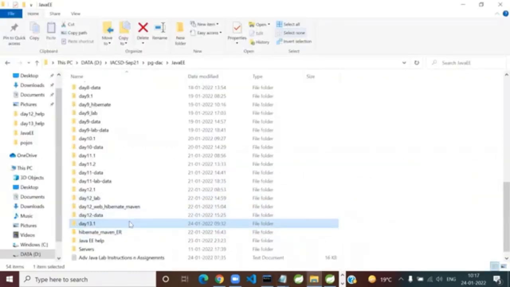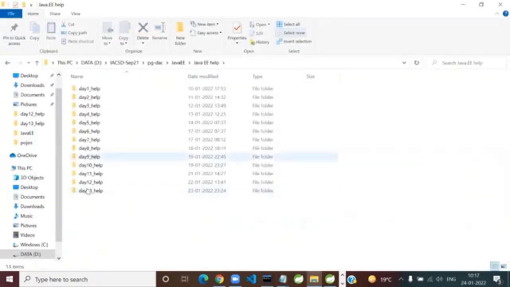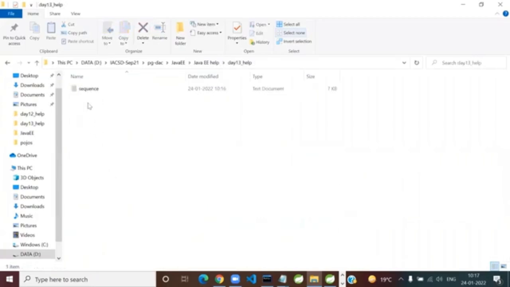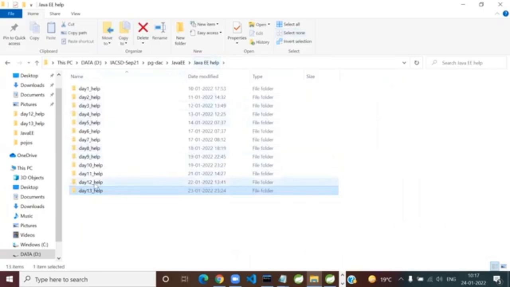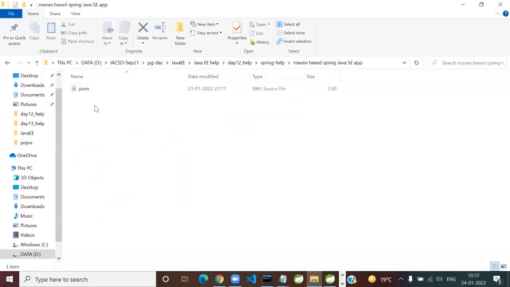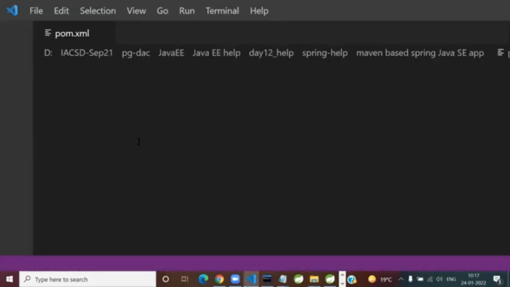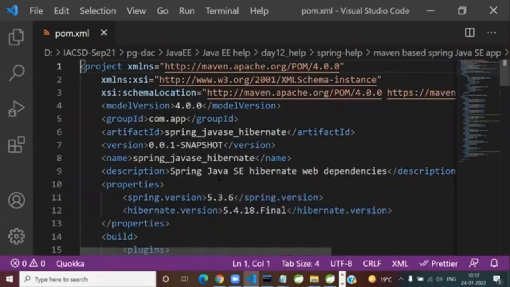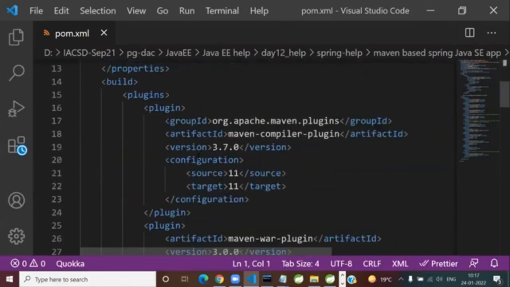So wait a second. Java EE help, oh, I have given you that help. Thank God for that. But there are certain changes. So give me a second, I will send you this in Spring help. Two minutes, I'll just check whether I have upgraded the changes. I had totally forgotten, 5.4.18 is the version.